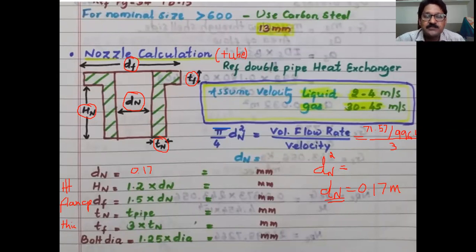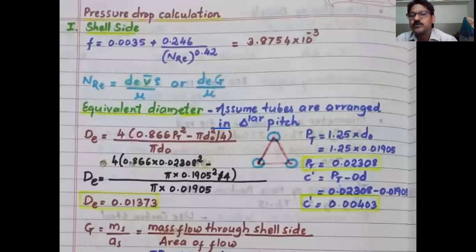I have not discussed this, so therefore, since cell, tube and condenser are the same, I am discussing it here. Okay, move to the next slide. I have already discussed the pressure drop calculation, next heading.